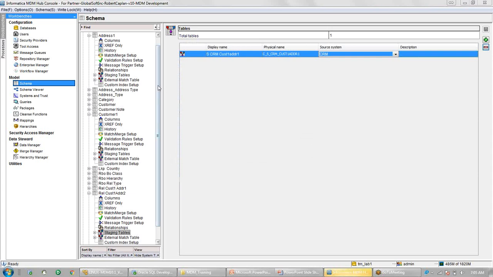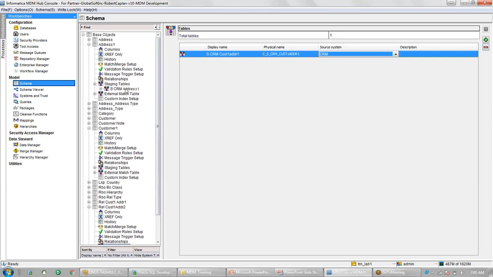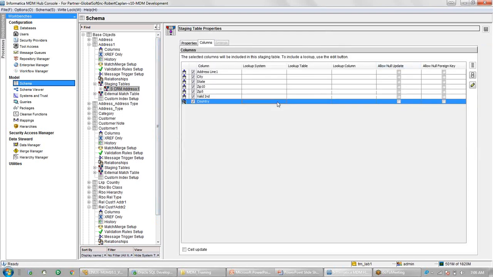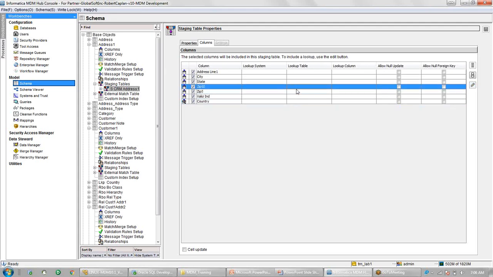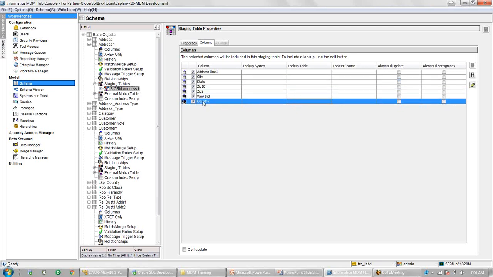So these are the three staging tables done. One more thing that we have to do is in the staging table, country. Yesterday we had created a relationship with the country table. That is the lookup table. So if I click on the country, this edit button is getting enabled. But if I click on any other column, the edit button is not getting enabled, because we have created a relationship between the country column and the lookup table.